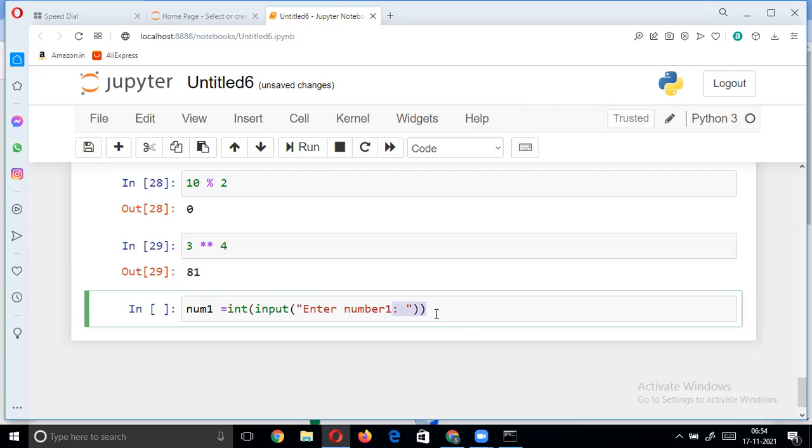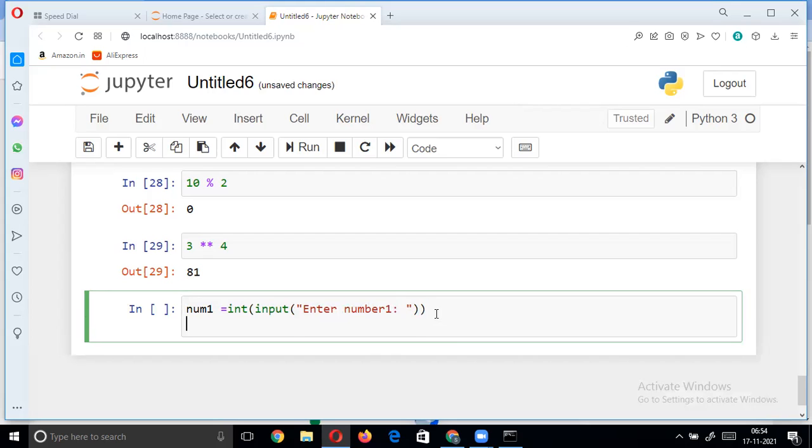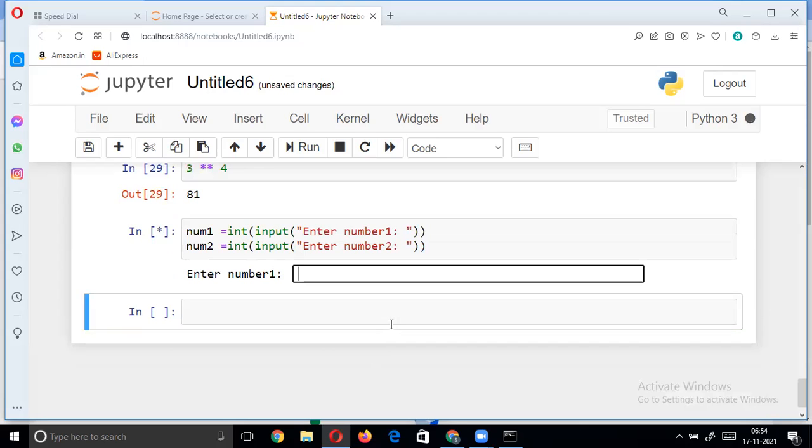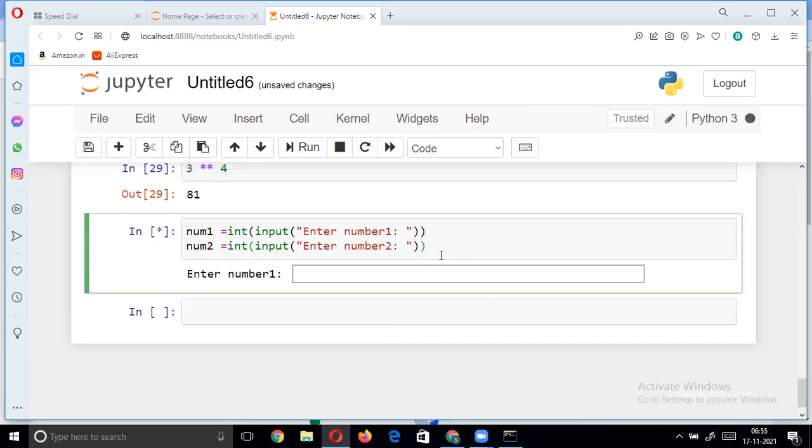And the same I want for number 2, because I want to read two numbers. So I'll make this number 2 and ask to display number 2. So we can enter number 1 and number 2.